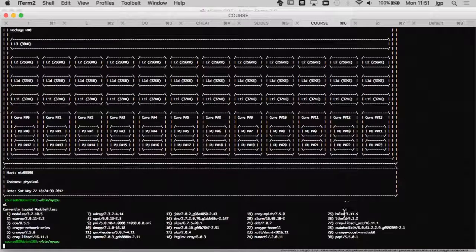So there is another module file, which is called hwloc, which is pre-installed, that you can load.